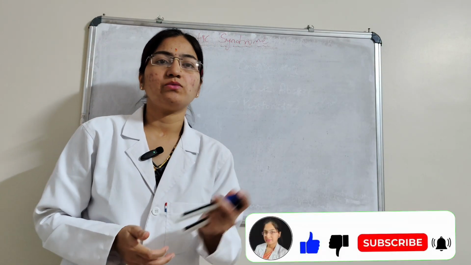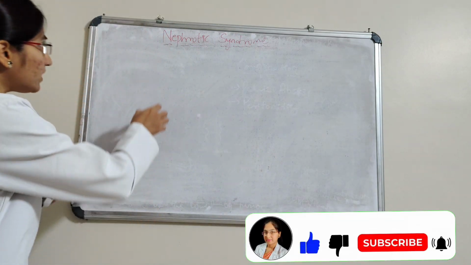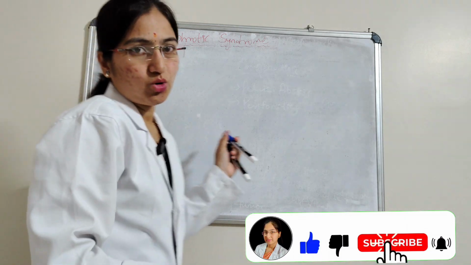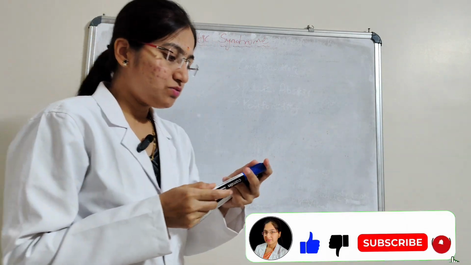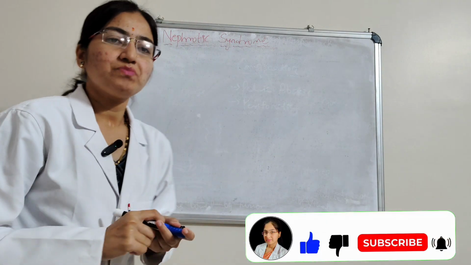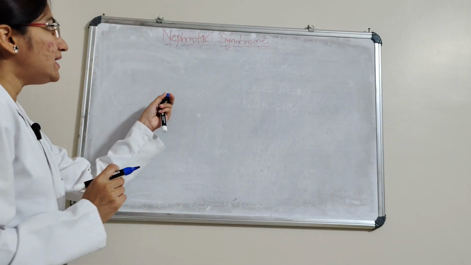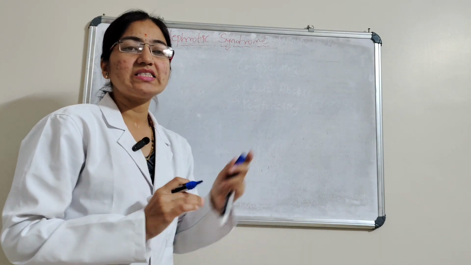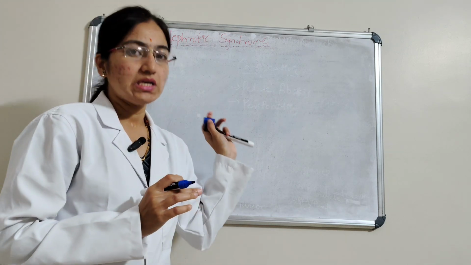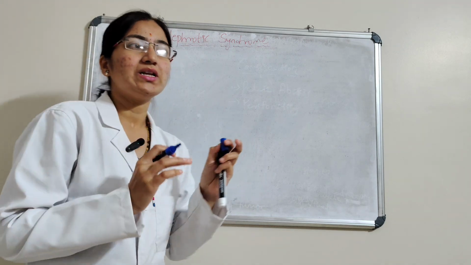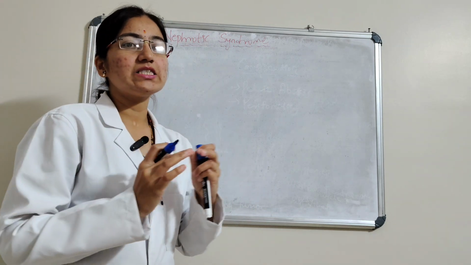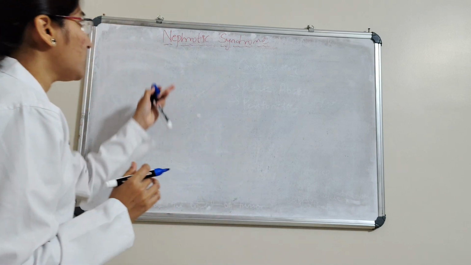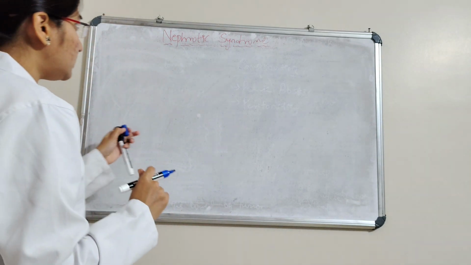In this class, we are going to discuss another new topic, that is nephrotic syndrome. Here, nephrotic refers to nephron, which refers to kidney. It is a kidney disease or kidney disorder where the kidneys leak excessive protein into the urine. And then here nephrotic syndrome,